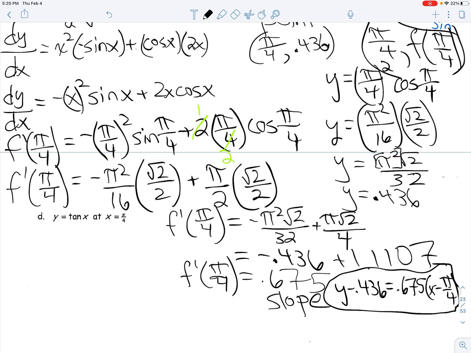And there you go. That is the equation of